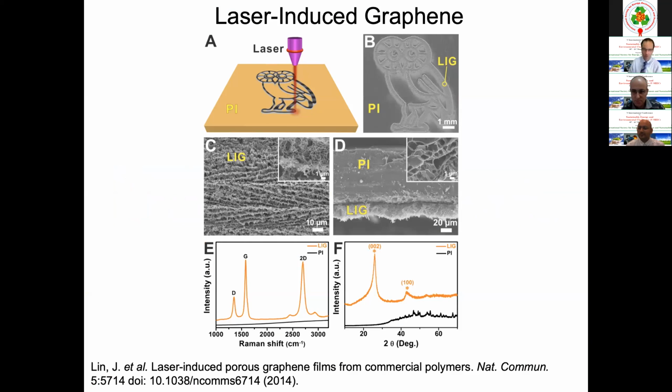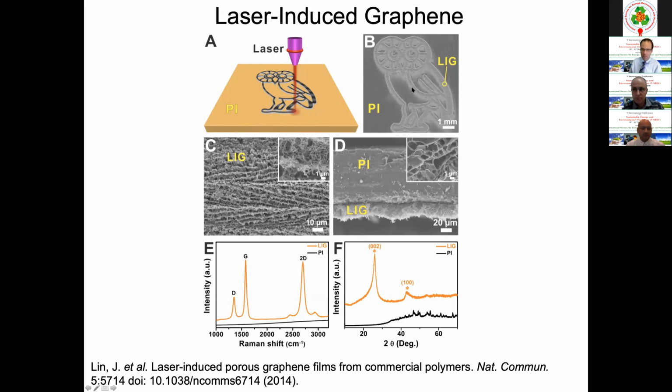So I'll be talking to you today about a new material that I've been using for the last about 4 or 5 years on surfaces, and it's a material called laser-induced graphene. Basically, taking a common laser, a CO2 laser that you mainly use for cutting, if you tune it down, you can treat different polymer surfaces with this laser, and you can convert the top part of the polymer surface into this laser-induced graphene.